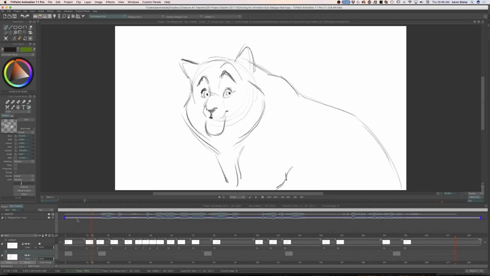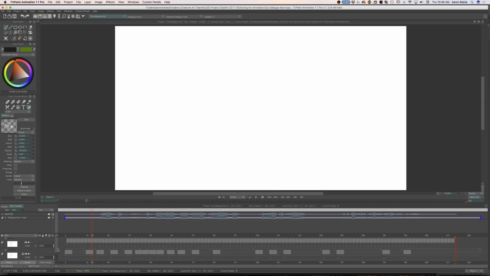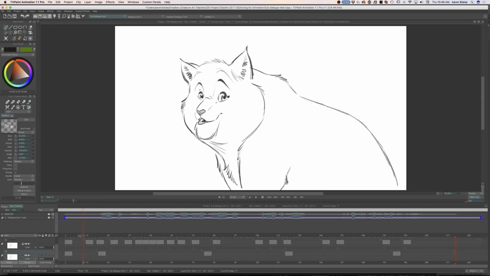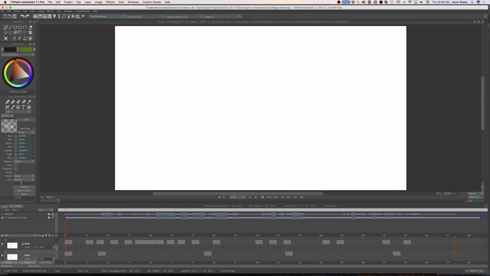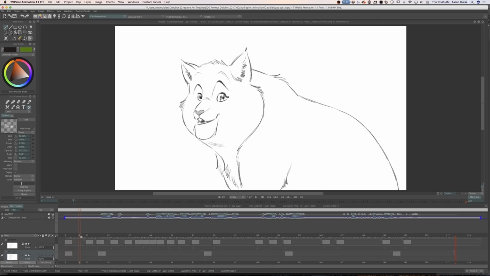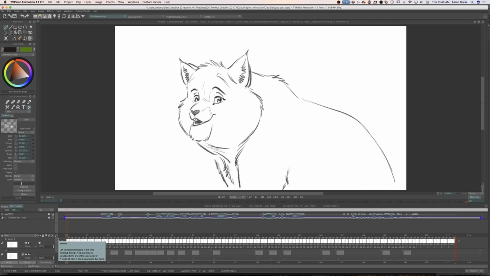So now that next phase is right here. I'm going to turn this off. I went through, tied down all the drawings, all the key drawings and the breakdowns, and then added the in-betweens. And then I went through and did the dialogue. Now I'm going to go through on another shot later on. I'm going to take you through this phase.